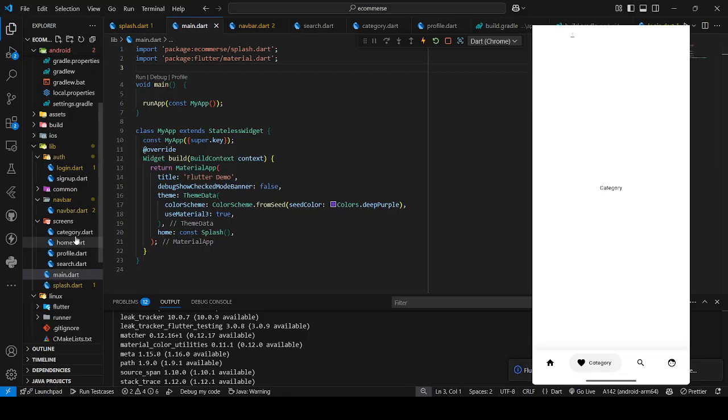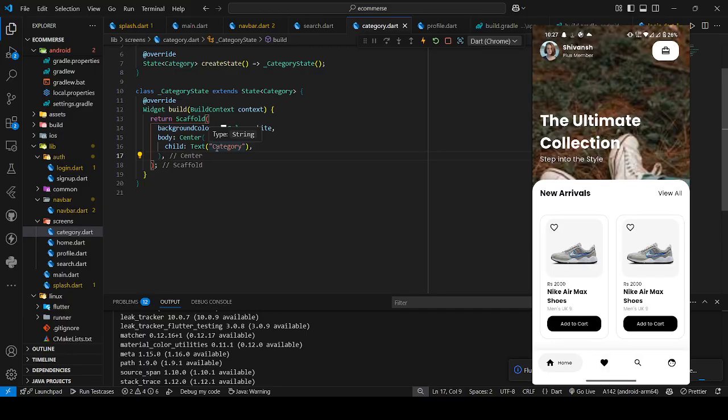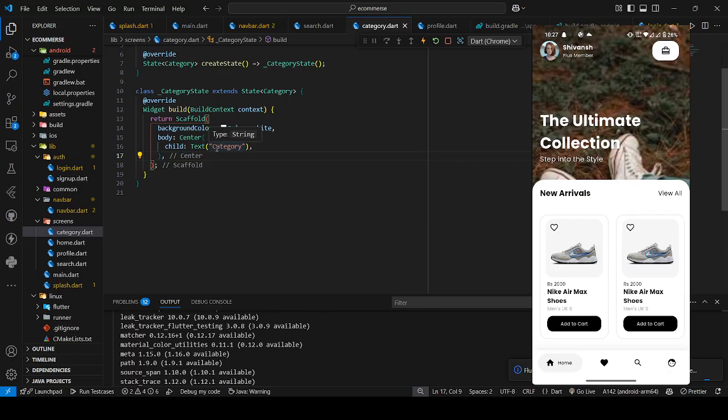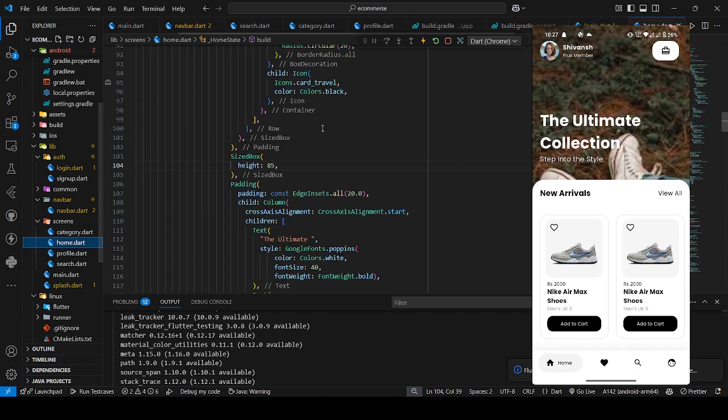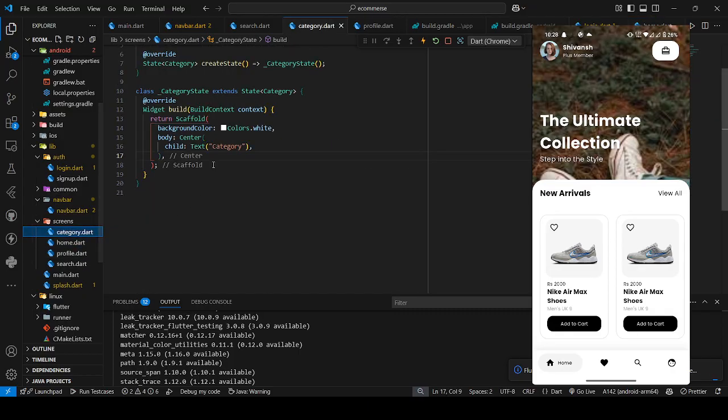So we have to go to the category screen. Inside the category screen, we have to incorporate some of the things, like you can see in the main screen, we have done some of the things. So in this screen, what we can do, we can start with the heading only. For the heading, we can just go to the home screen and copy this type of font, because the font size throughout the app will be constant. And just remove this with this